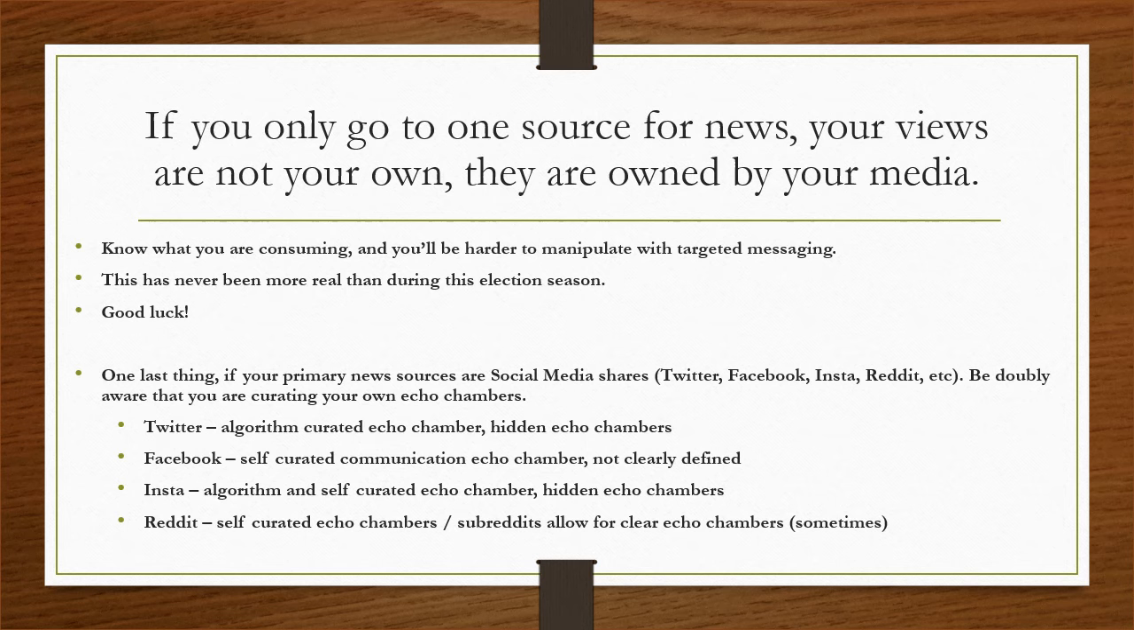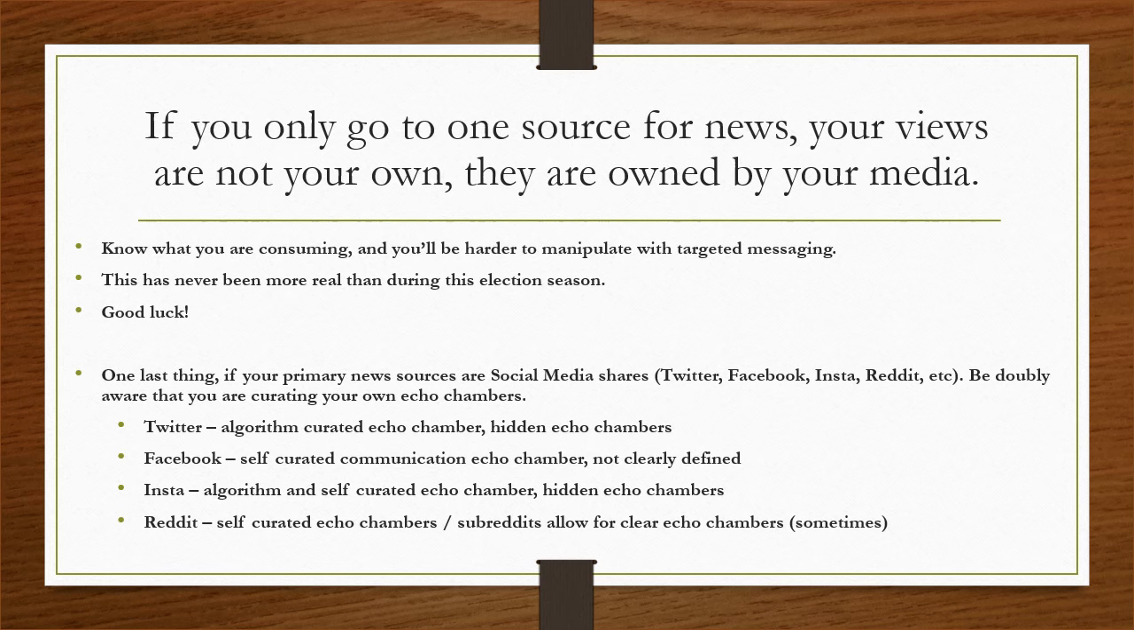Facebook is a self-curated echo chamber made up of people that you've followed or people that you've friended. Insta is algorithm curated, so it's also kind of hidden like Twitter. And then on Reddit, you're self-curating your echo chambers because you're choosing which subreddits to follow. Now, Reddit is probably the most clear when it comes to echo chambers because they're literally titled,